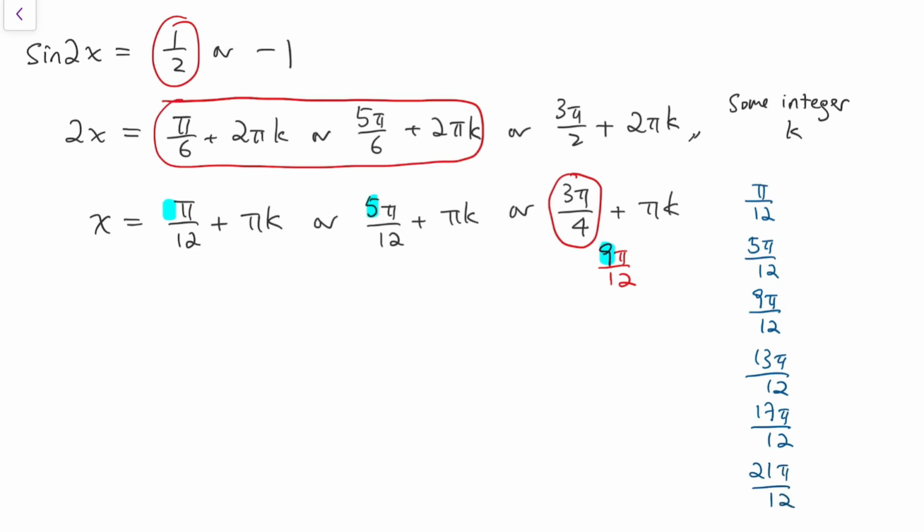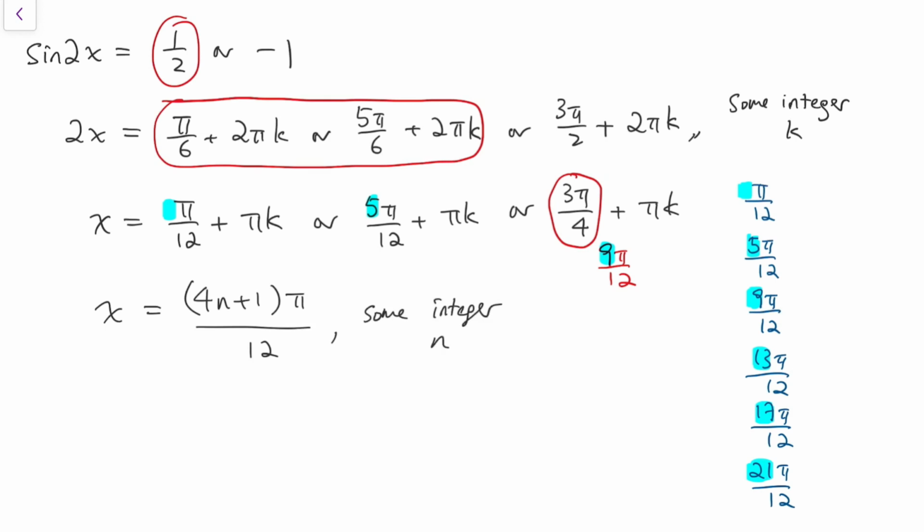Now all the coefficients in these terms still form an arithmetic sequence, even if I take the terms after 9 pi over 12. So altogether, we can actually say x is equal to something like 4n plus 1 times pi over 12,